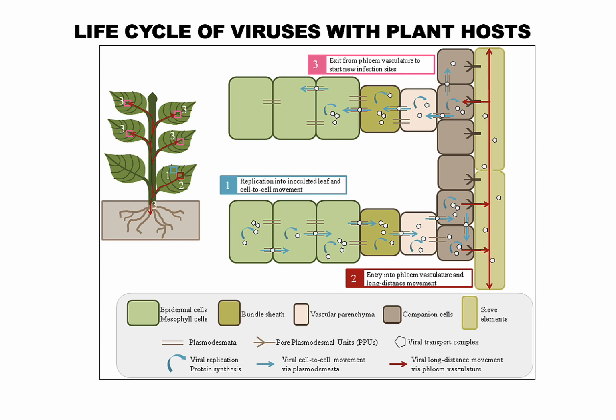Viral replication and cell-to-cell movement continue in and between nucleate phloem cells, for example, bundle sheath, vascular parenchyma, and companion cells. Then the transport complexes in the form of the virion or RNP are loaded into a sieve element for long-distance movement before being finally released into systemic tissues to start a new infection site. The whole process requires an effective crossing of successive boundaries between different cell types, leading to systemic infection of